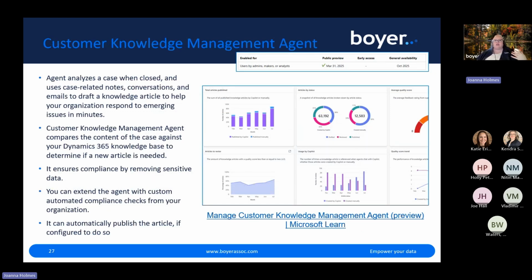So this agent is basically going to look at our case resolutions and say, hey, we don't have a knowledge article about this. So I'm going to take the information in this case, the notes and things that were added here, and I'm an agent who's just going to make a knowledge article for this. So in real time,